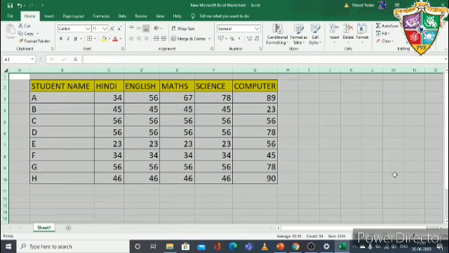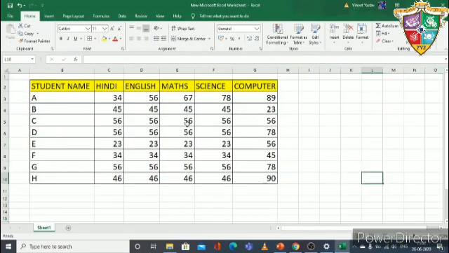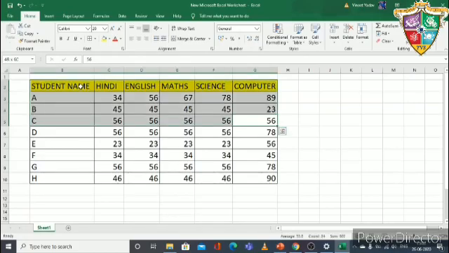Now the next thing is adjacent rows and columns. How to select adjacent rows and columns, that is, what are adjacent rows and columns. In this you have to press the shift key on the keyboard. Press the shift key and select your rows and columns like this, like I am doing here. I am pressing my shift key and select the row like this, or